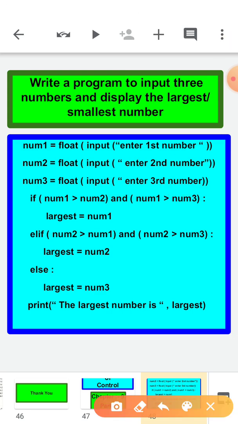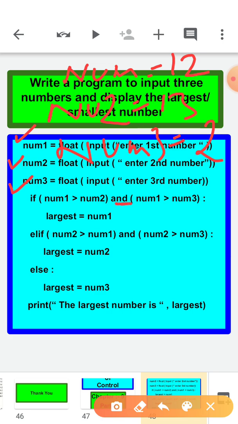So num1, num2, num3 are your respective variables holding whatever numbers you have given. Suppose at num1 you have given 12, at num2 you have given 13, and at num3 you have given 2.